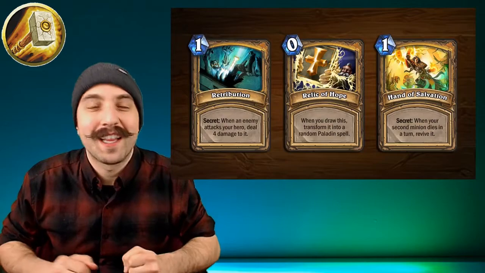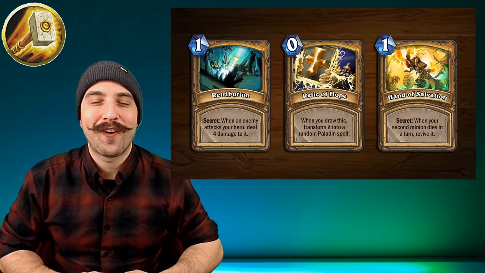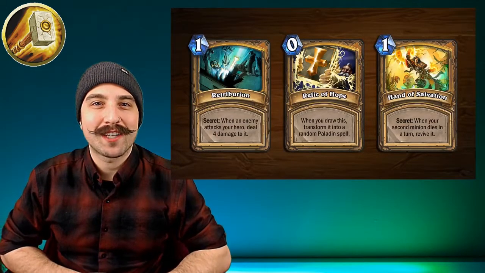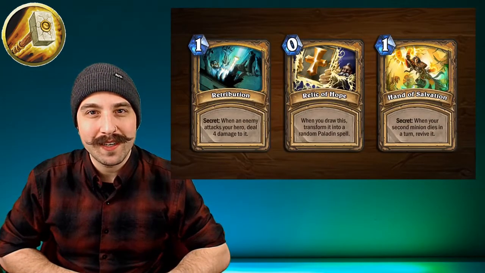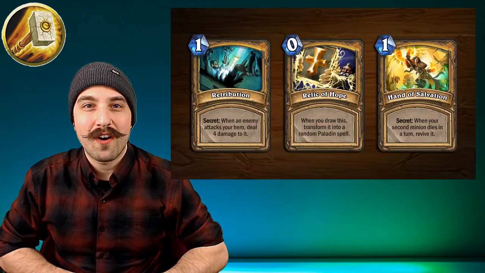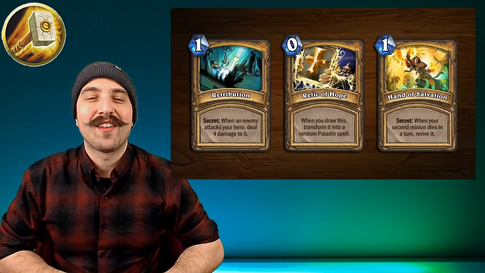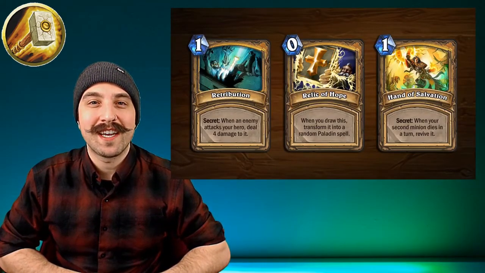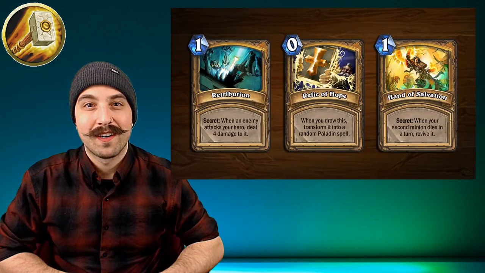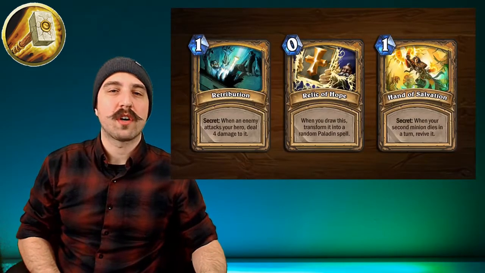Let's do this. Second last class we're going to talk about, guys, is Paladin. The first card we're going to talk about is Retribution. When an enemy minion attacks your hero, deal 4 damage to it. The next card is Relic of Hope. Whenever you draw this card, transform it into a random Paladin spell. And the third and final is Hand of Salvation. It's another secret. Whenever your second minion dies this turn, revive it. And the winner for the Paladin card of the future goes to